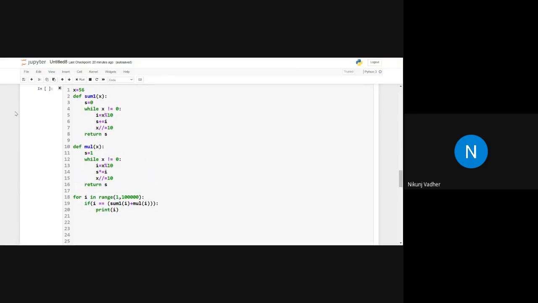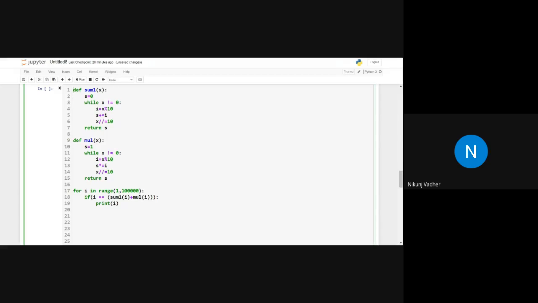Yes, here it is. I have just tried to implement this solution using user-defined functions. Here you can see I have implemented one function for multiplication and another function for addition.